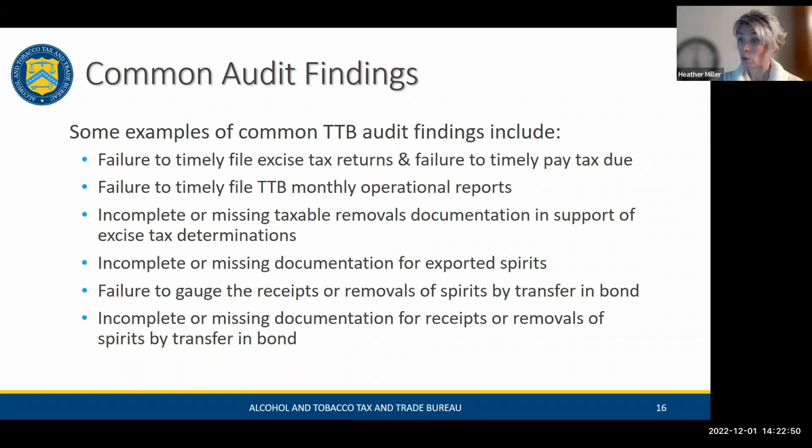As you can see, there is quite a lengthy list of attributes that are required when removals of spirits are made by transfer in bond.